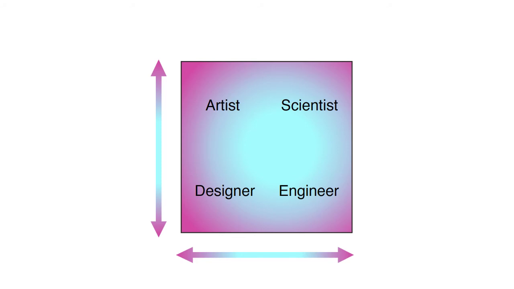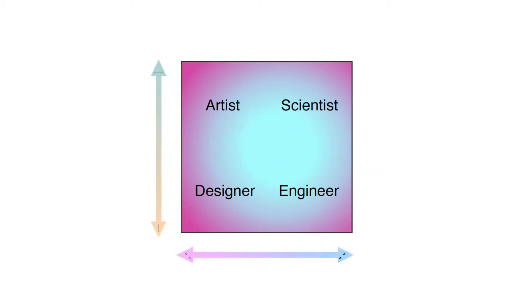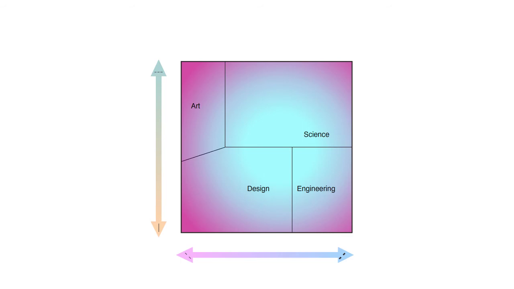This makes the axis arrows redundant. I'm changing the colors because they won't be representing the inward-outward distinction. Instead, they will be representing the four elements of my model. Next, I'm changing those roles to disciplines based on the elements and the inward-outward distinction. This changes the position on the chart. I'm also changing the disciplines to more specific versions that are relevant to my model.